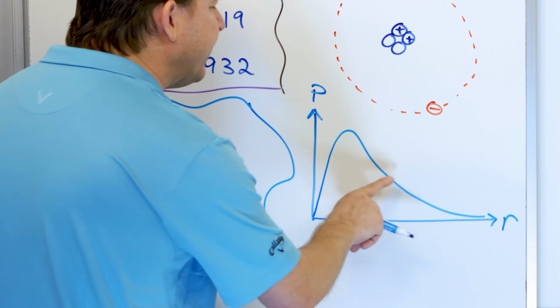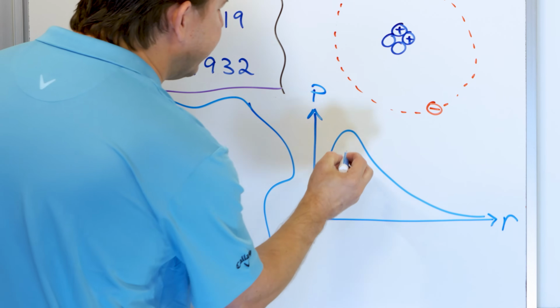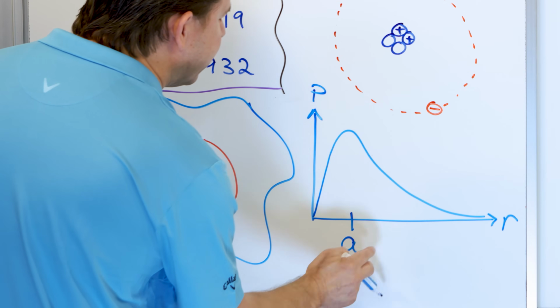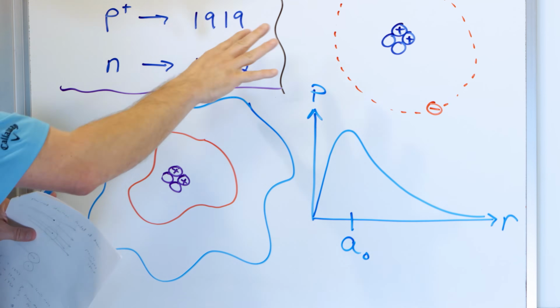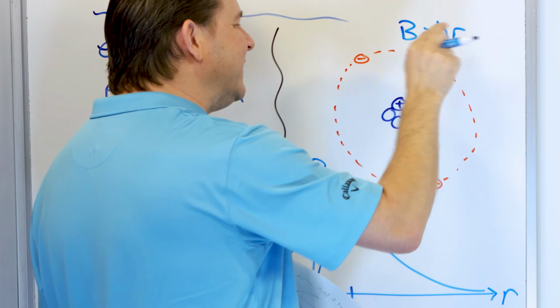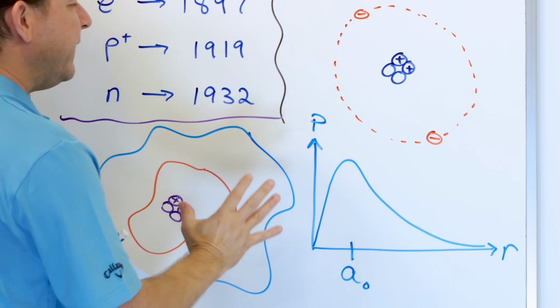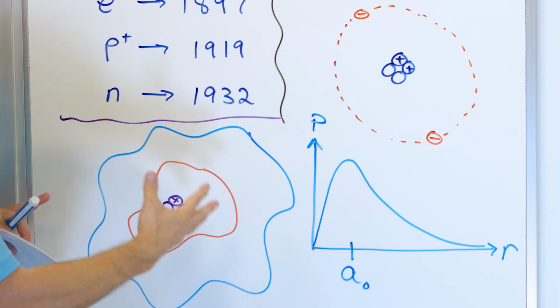This is the probability of finding an electron surrounding the hydrogen atom. And notice there is a peak right here. We call this peak a naught, which is the Bohr radius, because this is the Bohr model of the atom. When I say Bohr, it's B-O-H-R, not like bored. And so what we find out is because of the probabilistic nature of quantum mechanics,